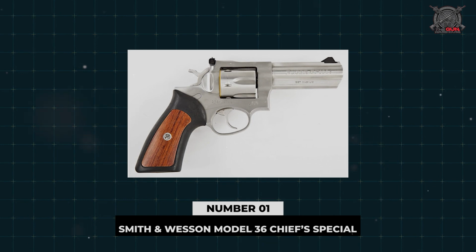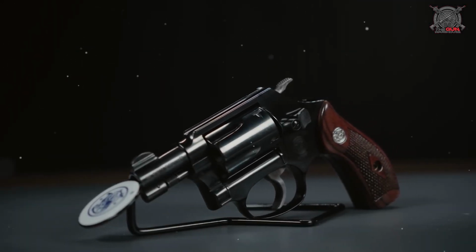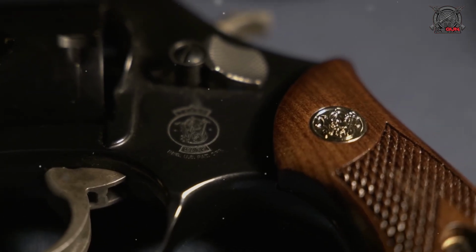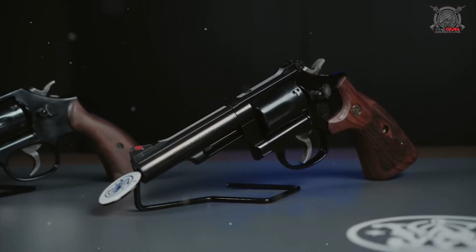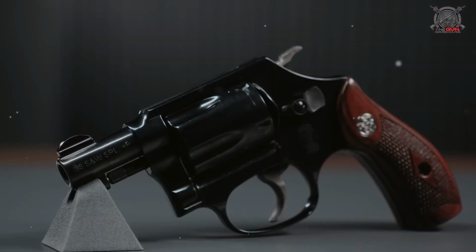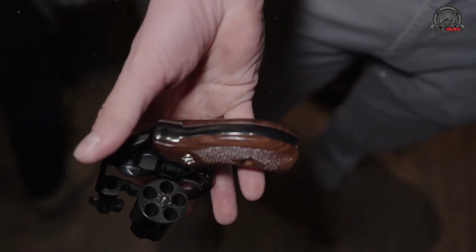Number 1. Smith & Wesson Model 36 Chiefs Special. Finally taking the number 1 spot on our list, it's the ultimate never-sell pocket pistol, the Smith & Wesson Model 36 Chiefs Special. The Model 36 Chiefs Special, introduced in 1950, didn't just define the compact revolver category, it created it. At 6.5 inches long with a 2-inch barrel, it provided 5 rounds of .38 Special in a package that